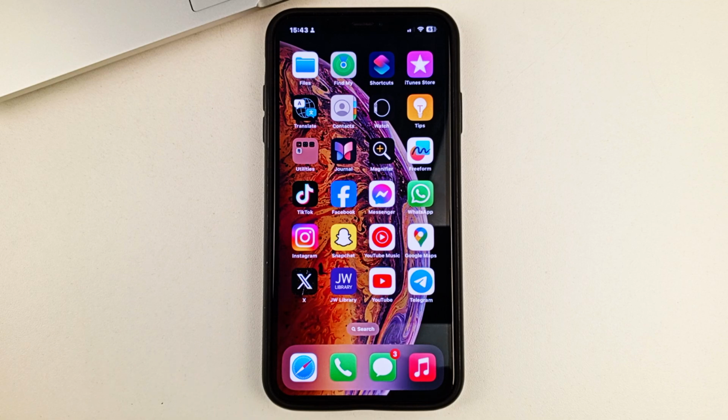In today's video, I will tell you and show you how you can very easily enable or disable disappearing mode